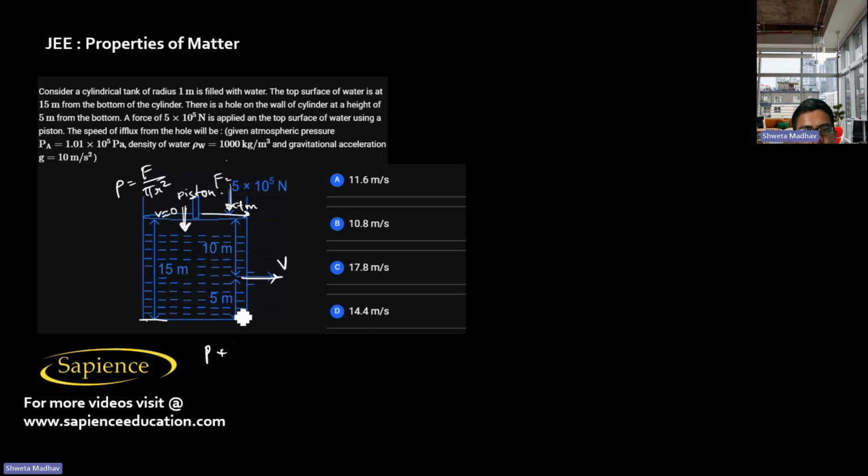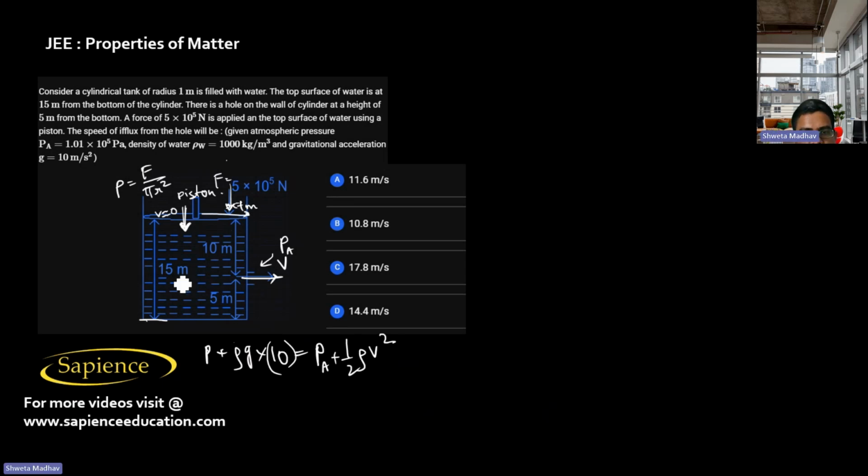So P plus rho GH, rho into G into H is 10 meter, that is equal to P naught, since pressure of the atmosphere is acting here near the hole. So P A plus half rho V square